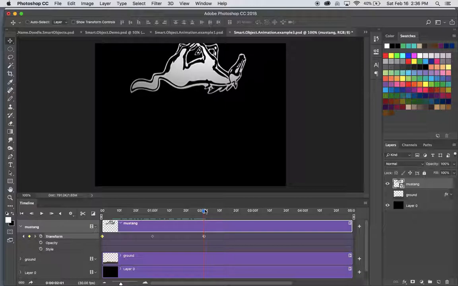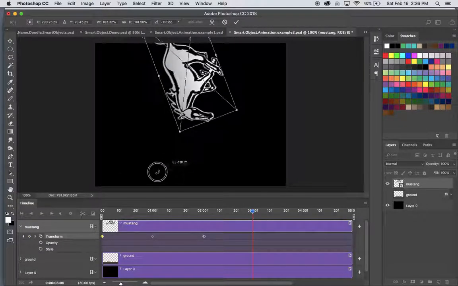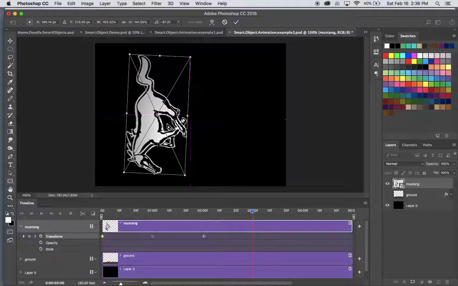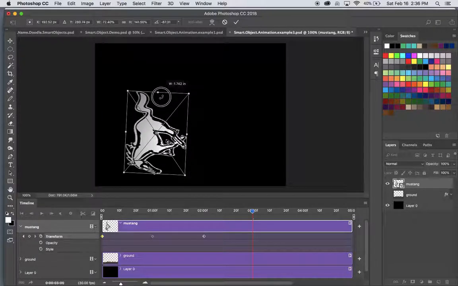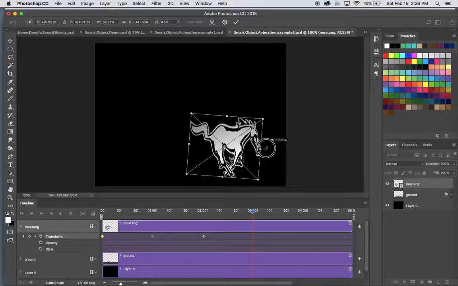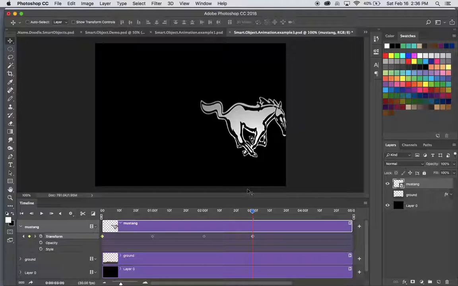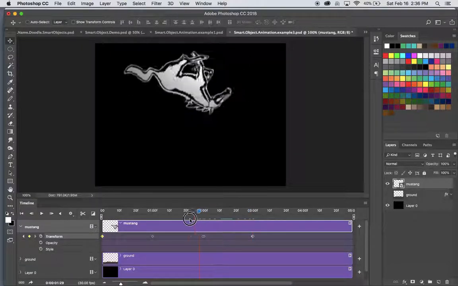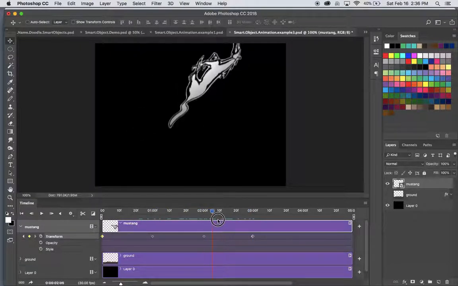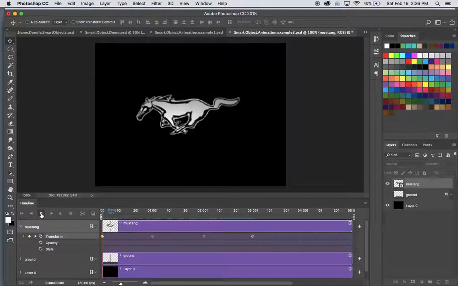Okay. What do you have to remember? It's got to be a smart object to do the transform stuff. Then you can bring it out to another one. You hit Command T. You can bring horsey back upside down. Oh, let's see what happens if you do this. I'm going to rotate, but I want him to go the other way. Is it going to swivel it for us? We'll hit Enter. Let's see what happens. Whoa, it's like flippity floppity flippity floom. Kind of fun. Okay, so then when you go back here, if we play this,